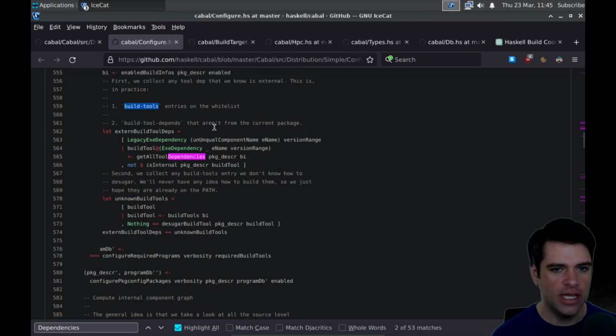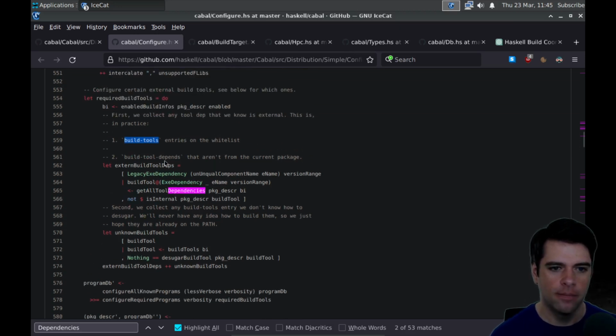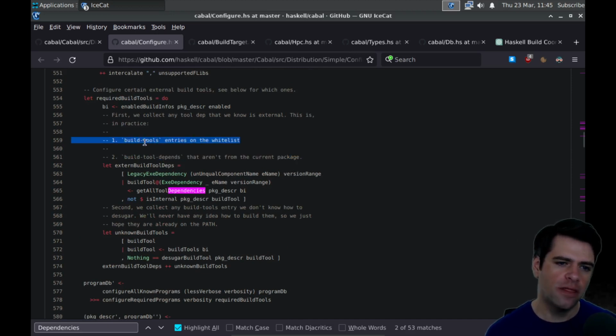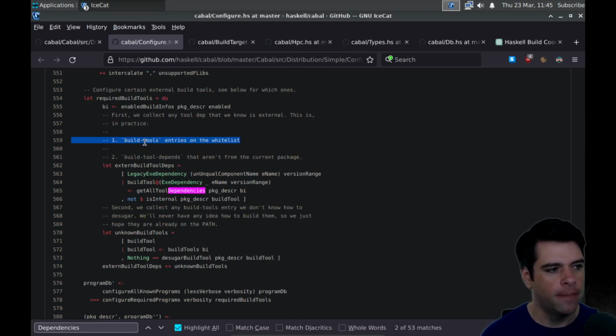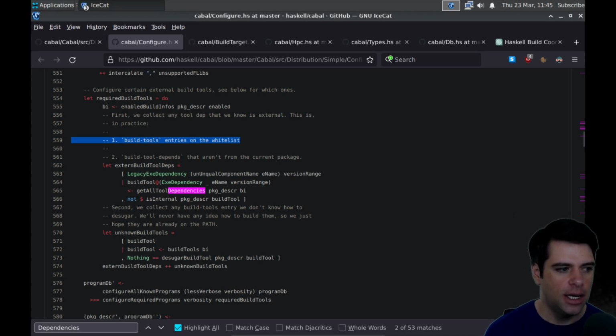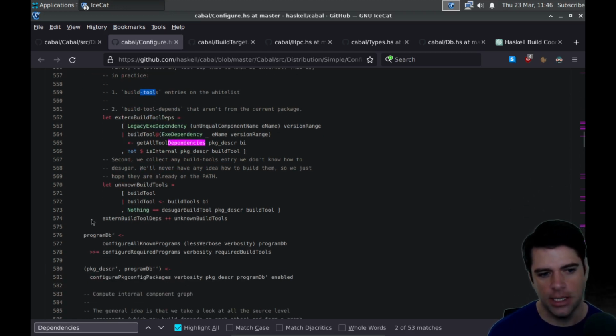So I guess those are in the Cabal file that aren't from the current package. Okay, so the build tools I think are listed in the Cabal file. And then their dependencies. The dependencies of things that you depend on. So I guess like transitive dependencies maybe of the build tools, I think.